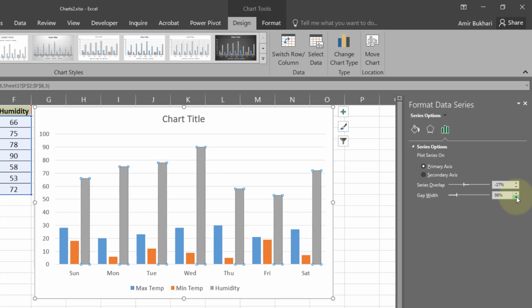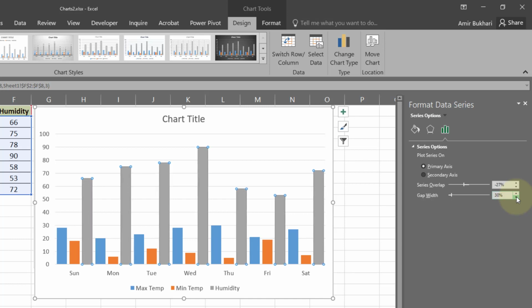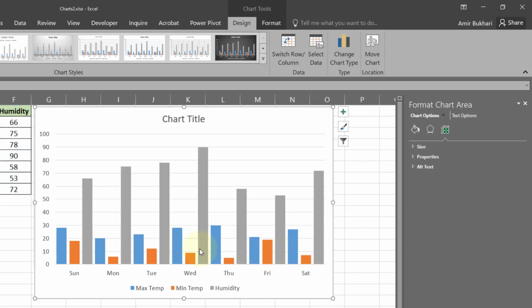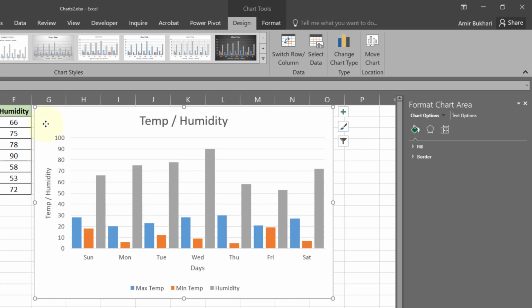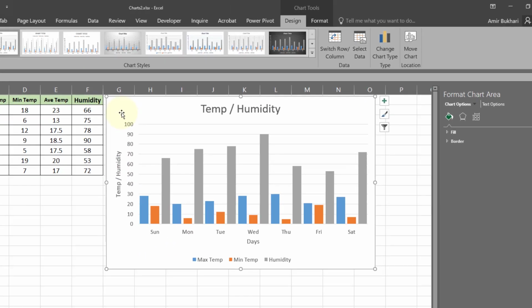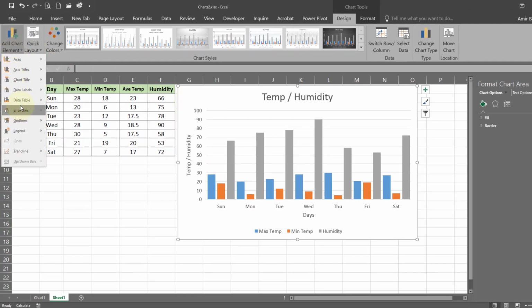You can see the gap between these columns is decreasing, so we can leave it like that. Okay, we can have a look at some other options also.